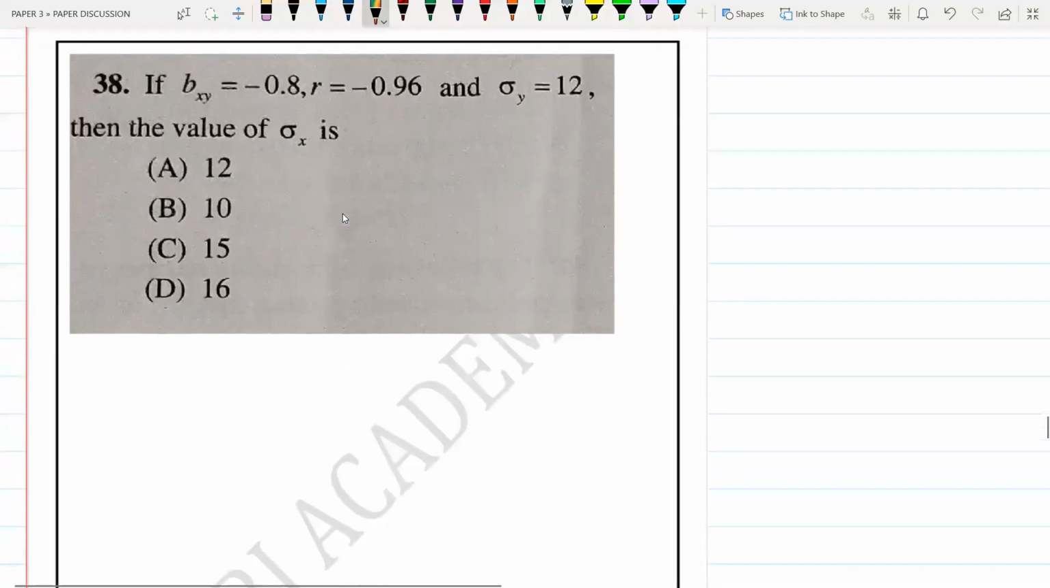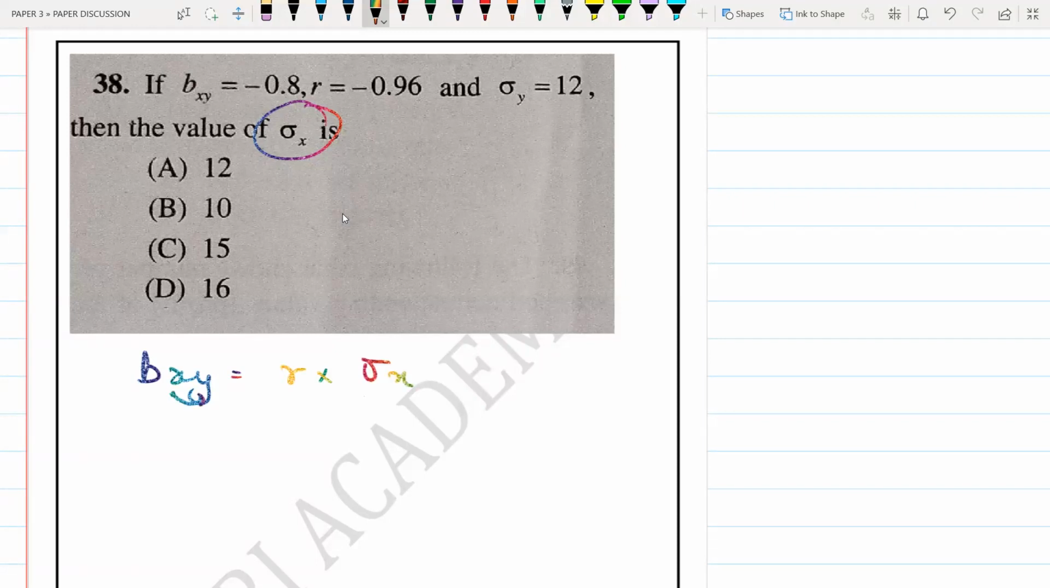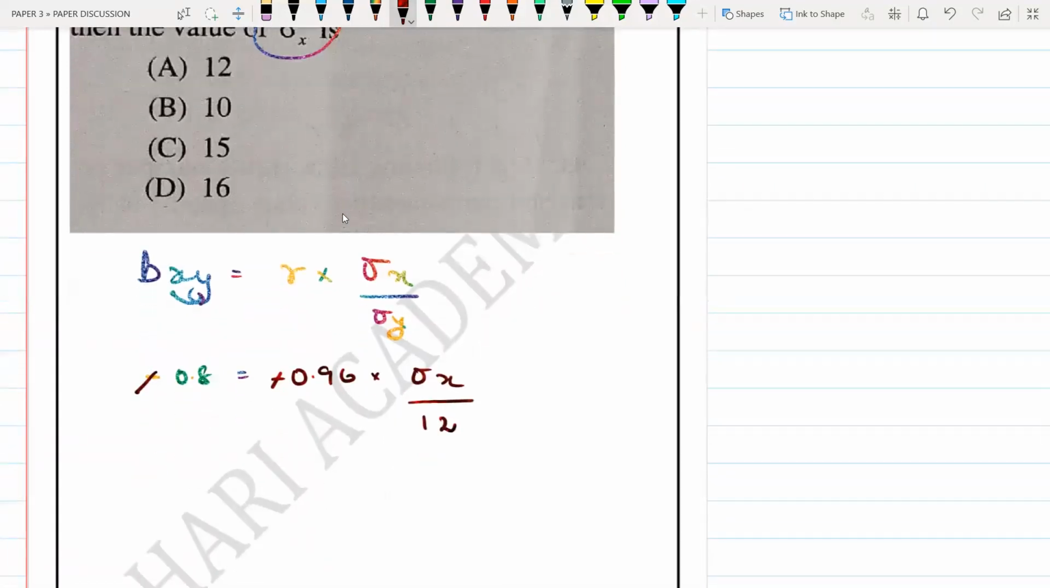Then question 38. What is the question 38? The same kind of question they are asking, with a slightly better r value given. So what we know, bxy they have given. So r we will put, because it is x on y, we will write x divided by y. Now bxy value 0.8 is equal to, what is the r value? 0.96 into standard deviation of x, I don't know. Standard deviation of y I know. Minus minus gets cancelled. It will become 0.8 into 12 divided by